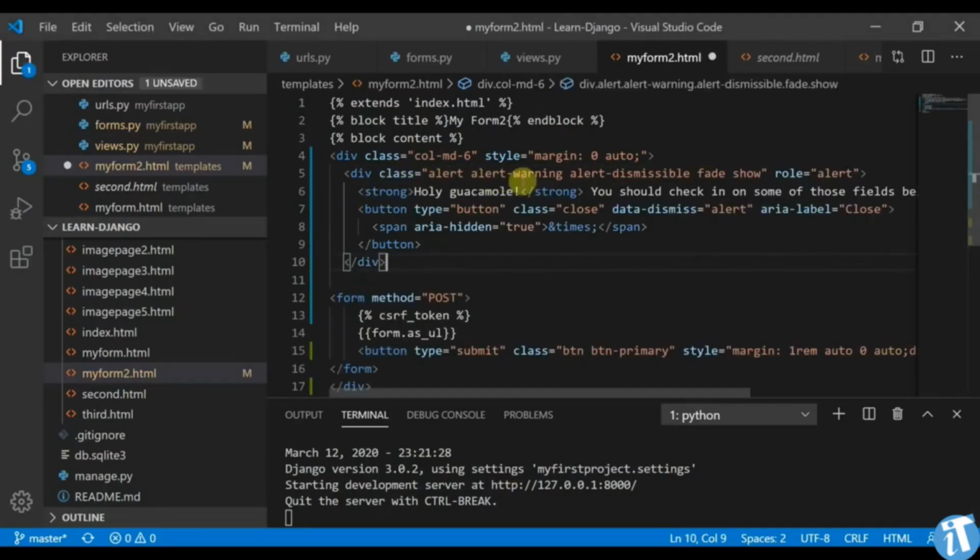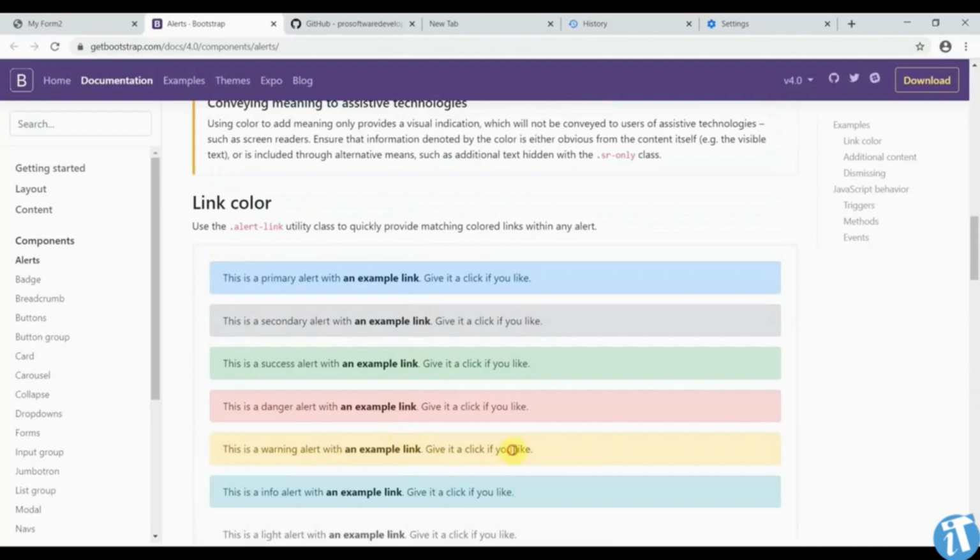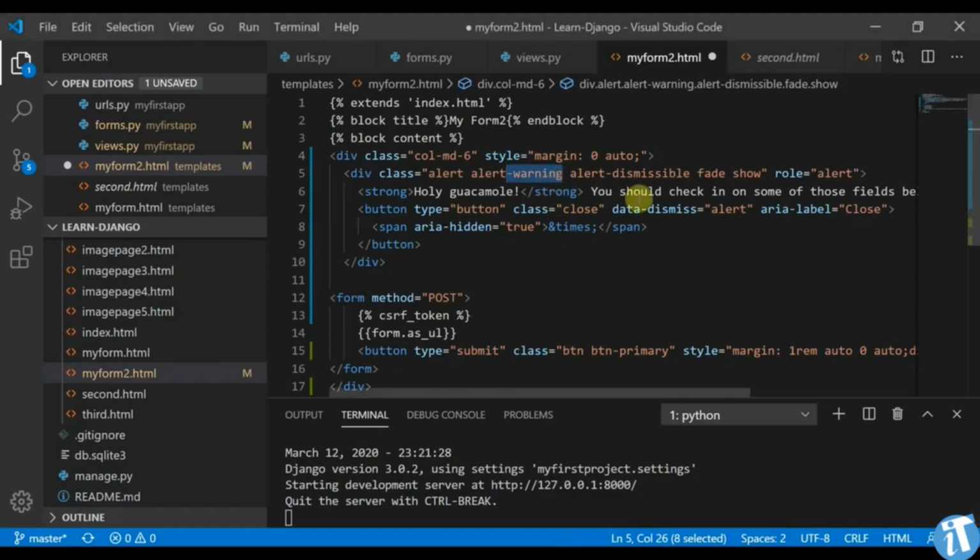and here you can see it's alert warning. So I told you, you can have a quick remember that warning is for yellow, danger is for red, and green is for success. What you can do, alert success, and I will display the success